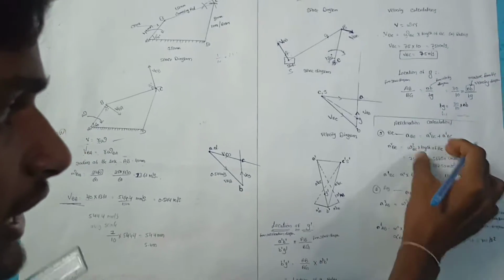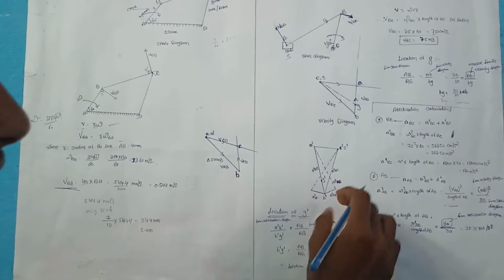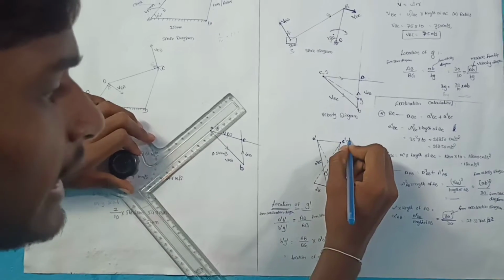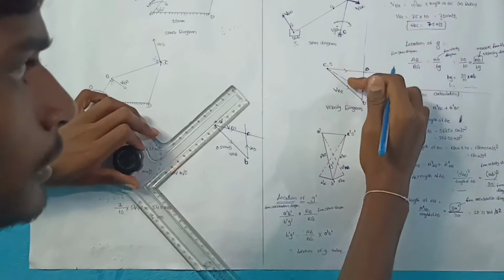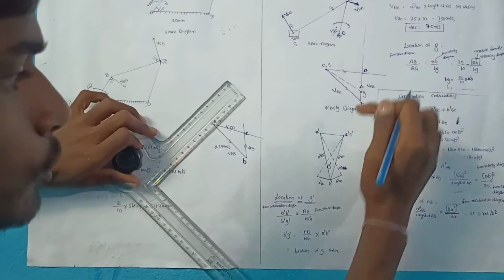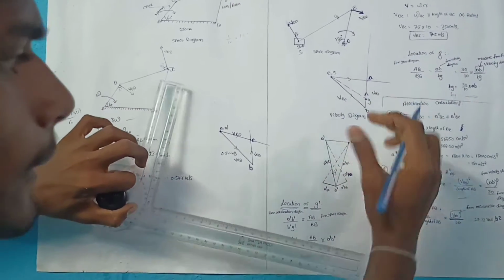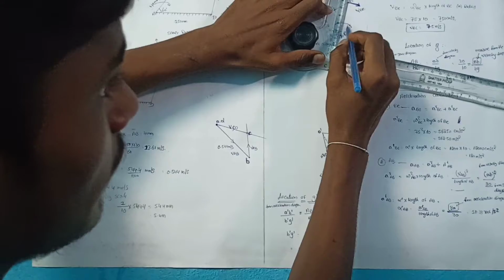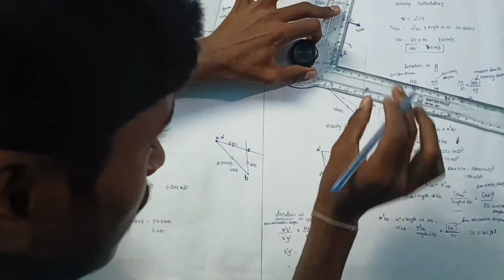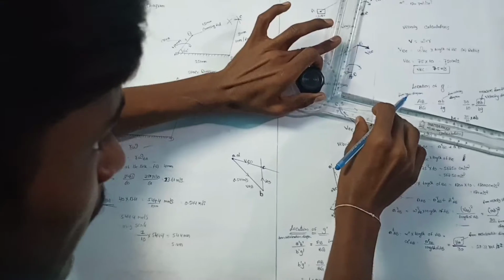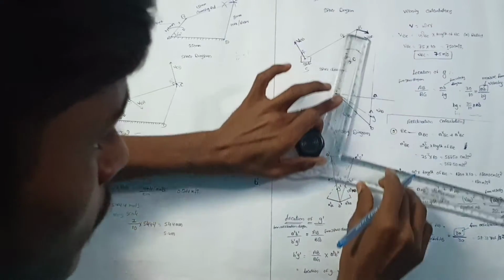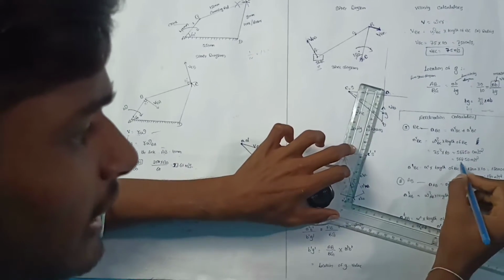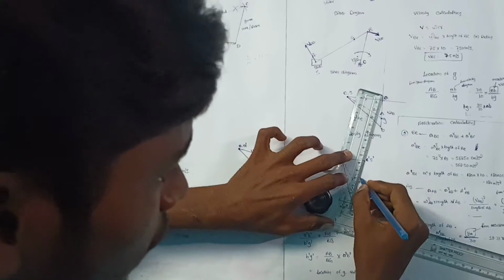After calculating these values, we draw the angular acceleration diagram. After fixing the points C dash and S dash, we already know why they are indicated like this: to differentiate the space diagram, the velocity diagram and the acceleration diagram. Now, when link BC is moving, this is the radial direction. Fix a drafter scale here, and without any change in direction, come to this point C comma S dash. According to the scale, we take a length here.